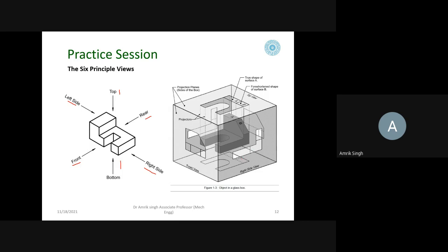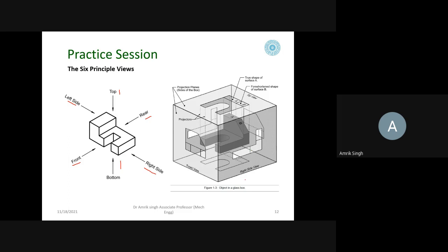So suppose this object is placed in a glass box. If you see from the top, this is the top view which will be there. If you see from the right hand side, this will be the right view, this line, and corresponding to this is this line. And now you see this edge is not visible. So that's why it is drawn dotted over here.